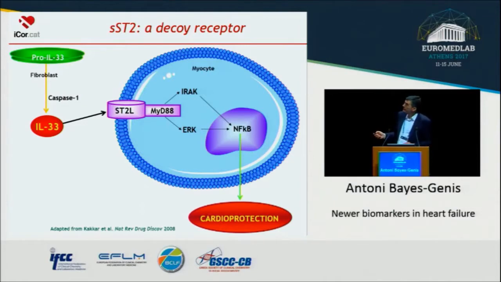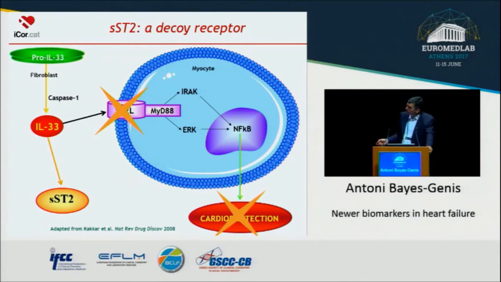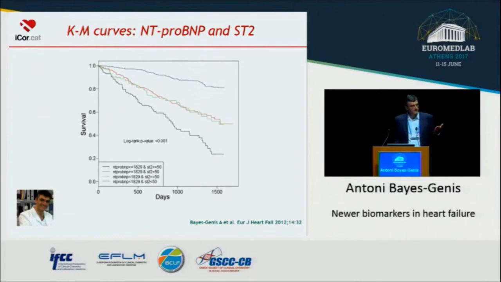Soluble ST2 is a decoy receptor, so the system goes this way. Fibroblasts generate interleukin-33 under stress, and this interleukin-33, which is in serum, connects to ST2 ligand, and this ST2 ligand, through a number of pathways, interacts with NF-kappa B and is cardioprotective. So ST2 ligand is an indication of cardioprotection, whereas an increase of soluble ST2, which picks up all this IL-33 as a decoy receptor, blocks all these cardioprotective pathways. And that's why we say that soluble ST2 is a fibrosis biomarker,